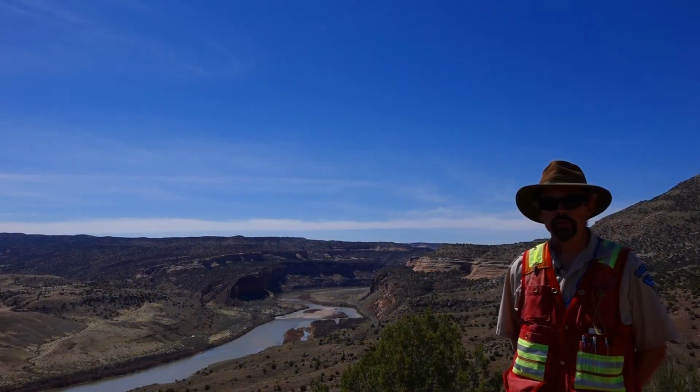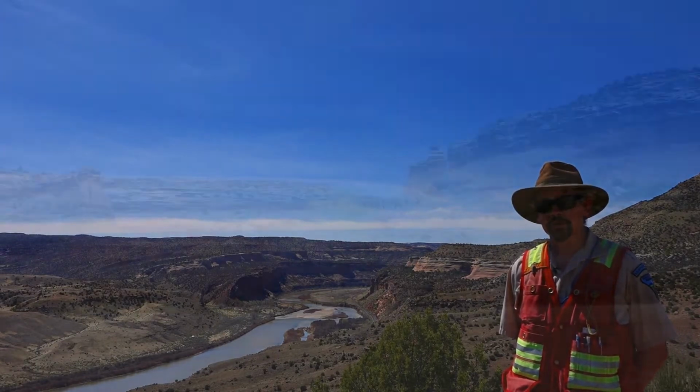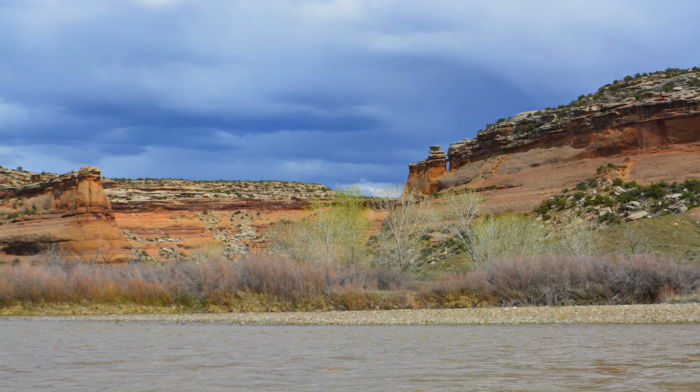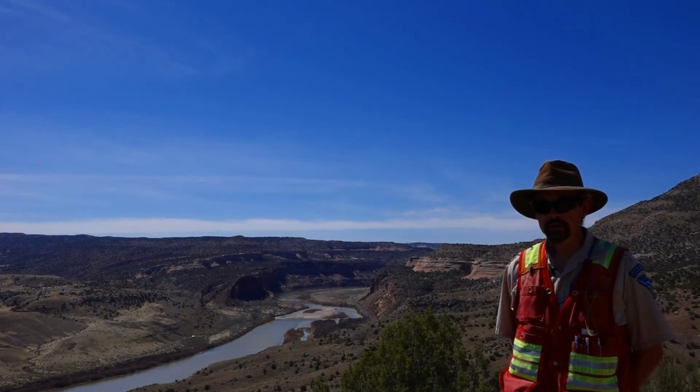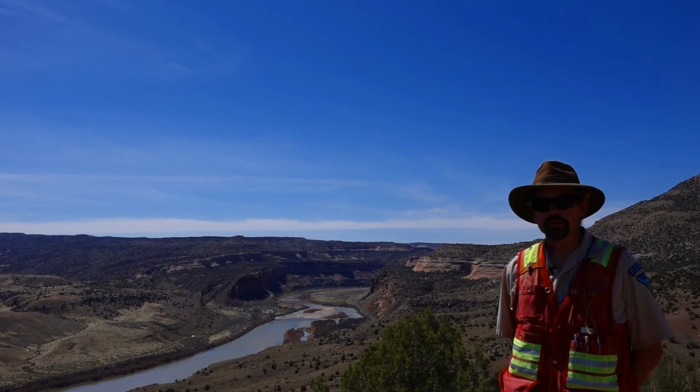Mostly what you see behind me is Jurassic in age. That's starting off with the red rocks down near the river. That's called the Entrada Formation, and that is Jurassic in age and formed in a desert environment not too dissimilar from the Sahara today. And as you go upward from there, you see a variety of different other rocks that